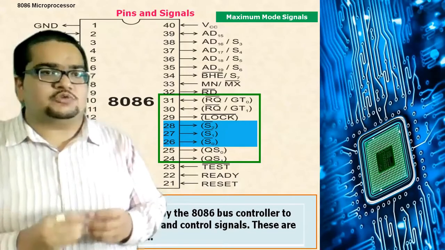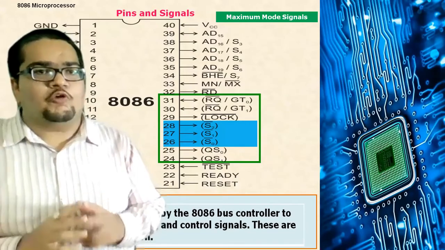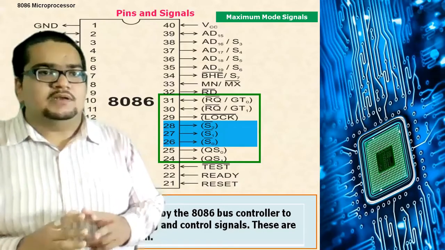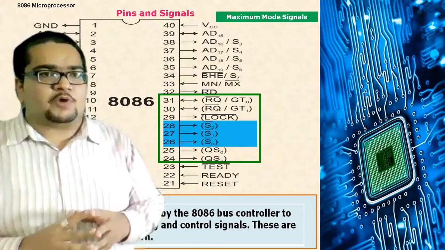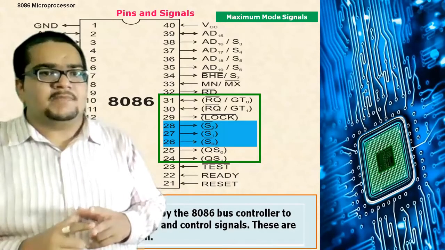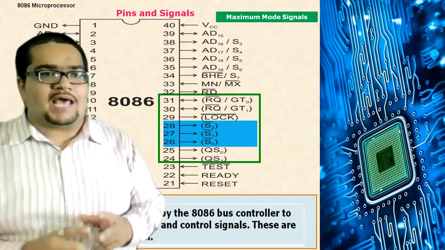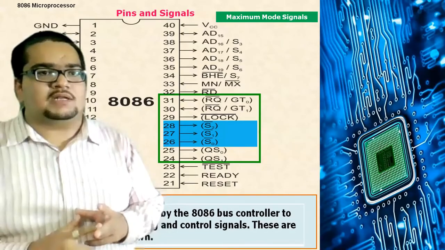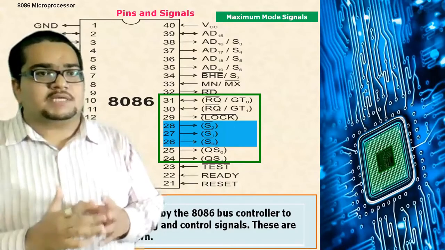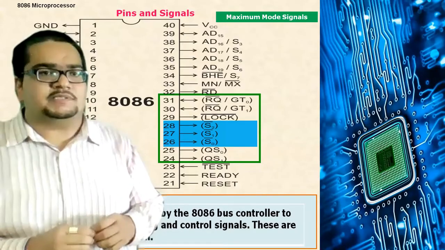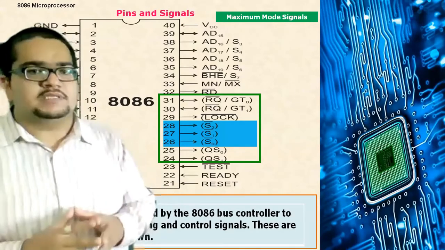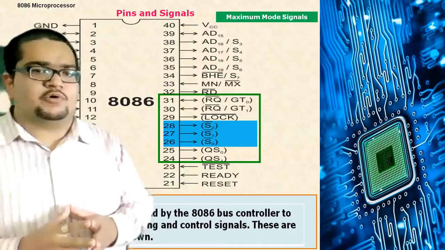Obviously when there are 2 processors, there won't be any problem of conflict within the 2 processors. But whenever one processor is performing certain tasks, it has to fetch the instructions and data from the memory. As the bus is not available directly with that processor, it has to communicate with the bus controller to give it access to the bus. About this whole concept of bus master and all, we will see as we progress.